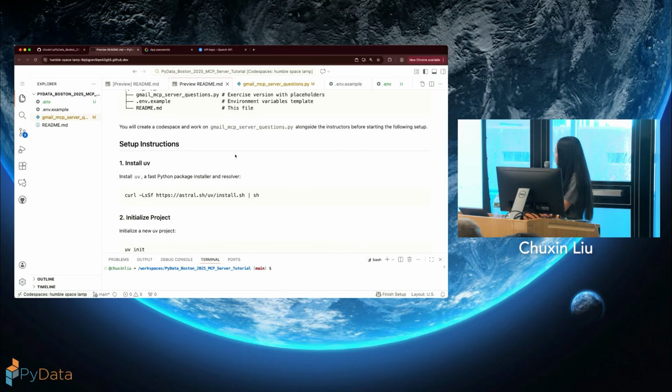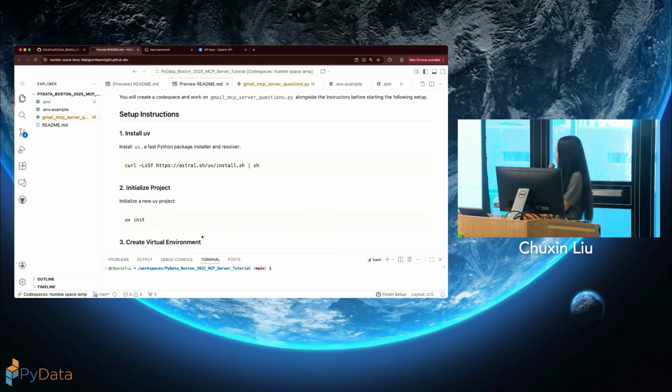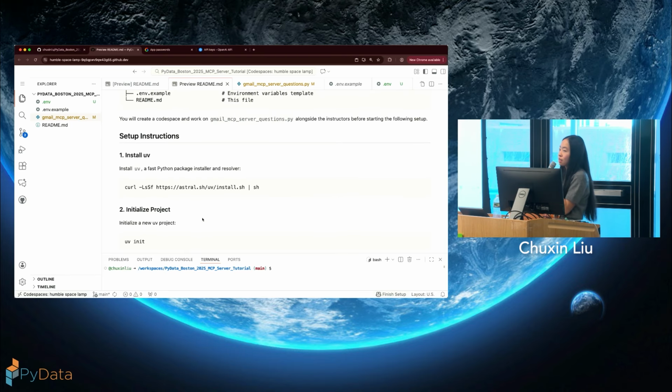So we're gonna use UV to manage this because UV is very convenient to create a virtual environment, and we can see how quick it downloads the packages. So the first thing that you need to do is to install UV using this. Okay.